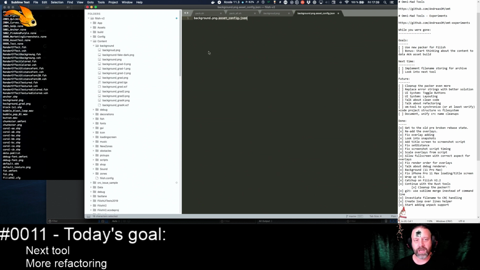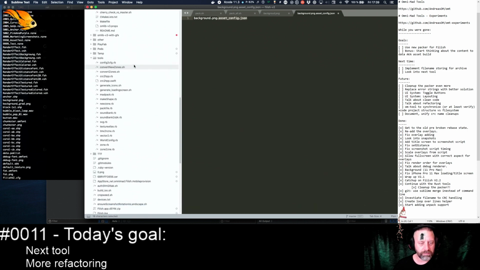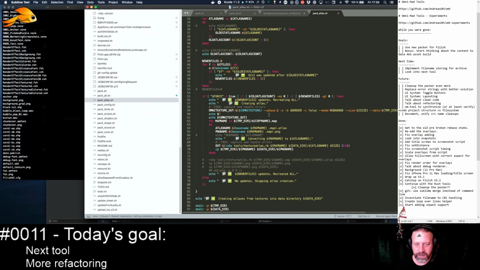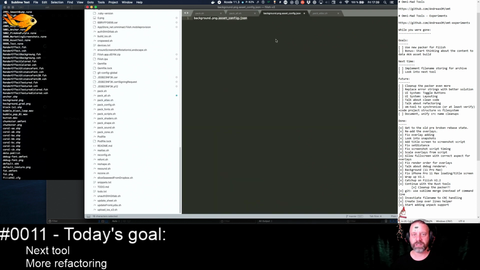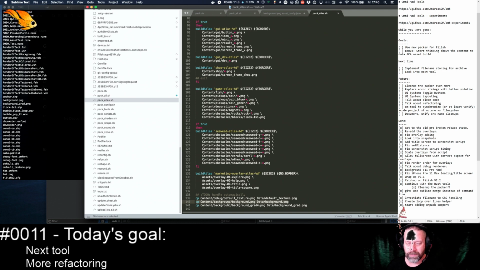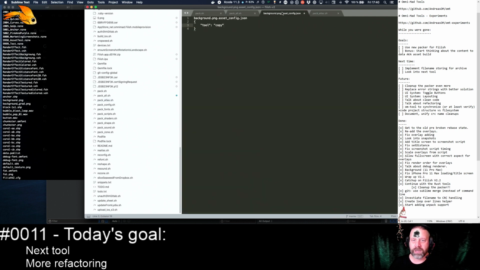and the convention is, okay, be named exactly like the file, and then if we look into the pack atlas here that actually does the background conversion, I hope, this file here could just in some way or form say, okay, the tool used here is copy, and that's all. I mean, basically that's what we're doing here, right? We're copying it over. Or it could be for the seaweed, we could have